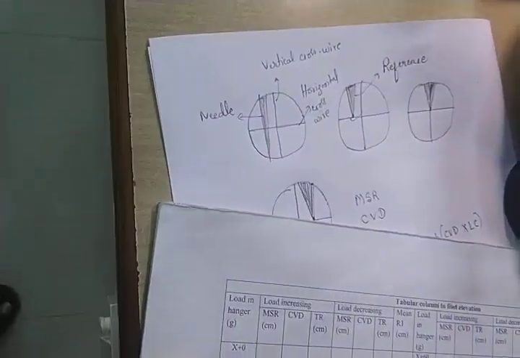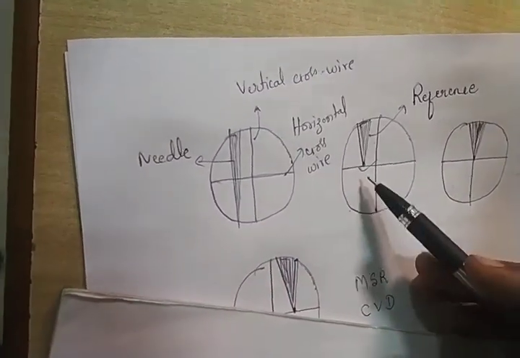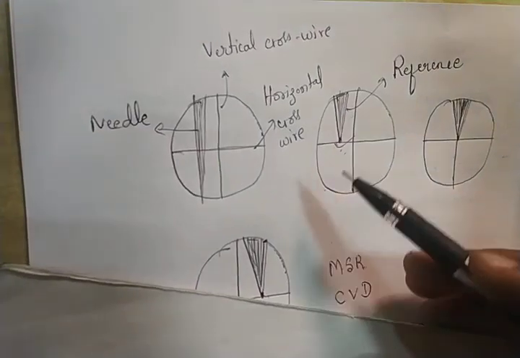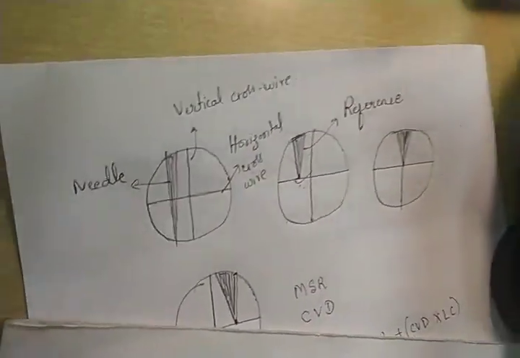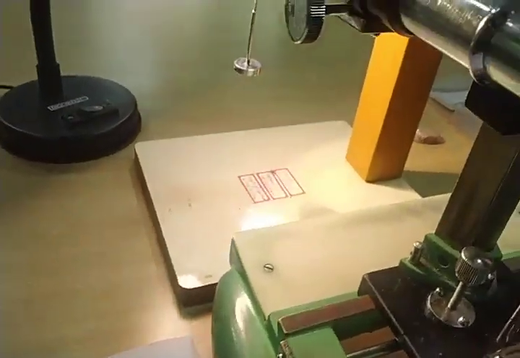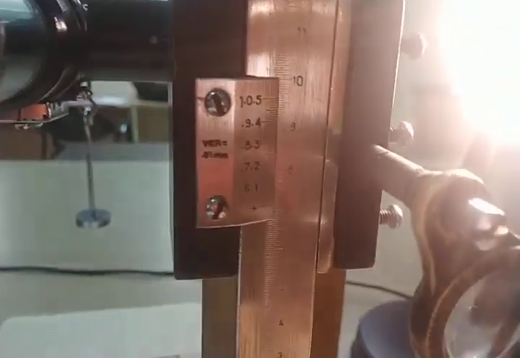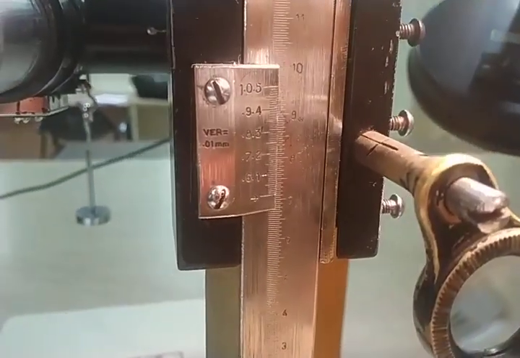In the camera it's quite difficult to show this focusing point, so I am just showing the geometry the way we are receiving it. This is the reference point for x plus 0, and it should always be the same for all trials. Now read the MSR and CVD part. Now you just observe the reading. Only one trial will be shown.